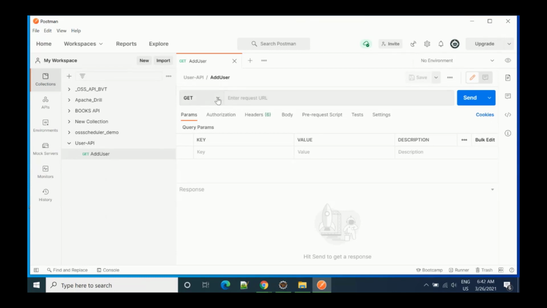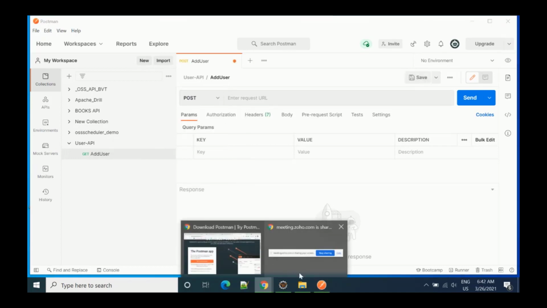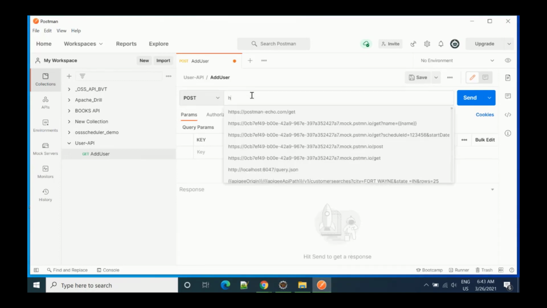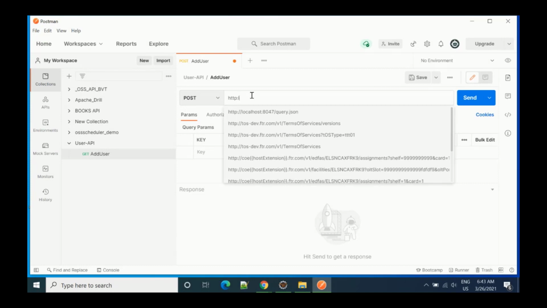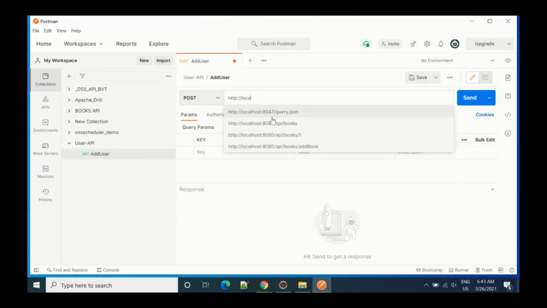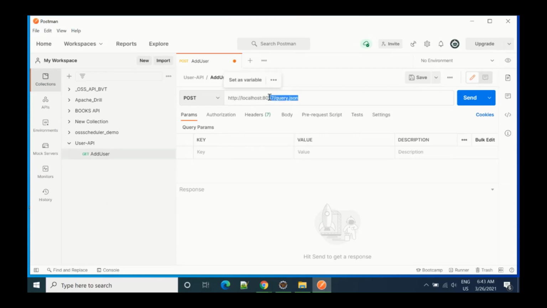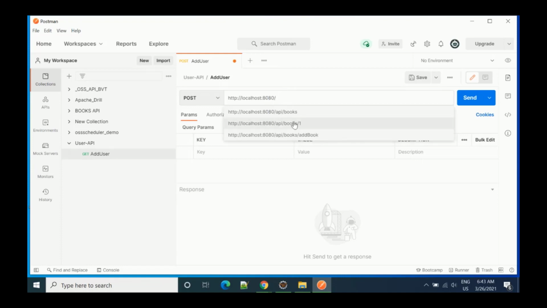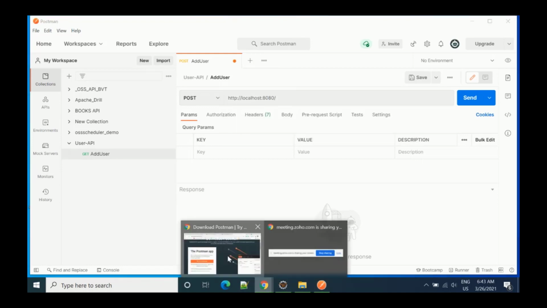In this add user, we have to first send the post request, and then we have to give the URL. Our code is running on http://localhost:8080, so our code is running on port 8080.